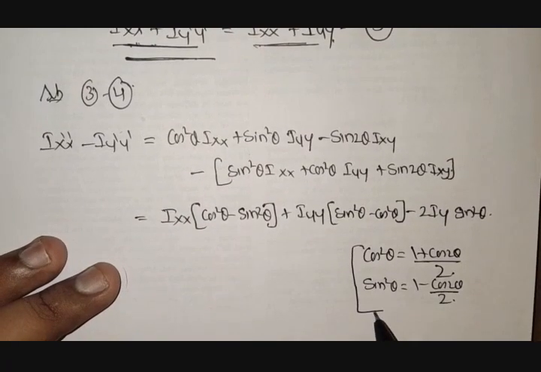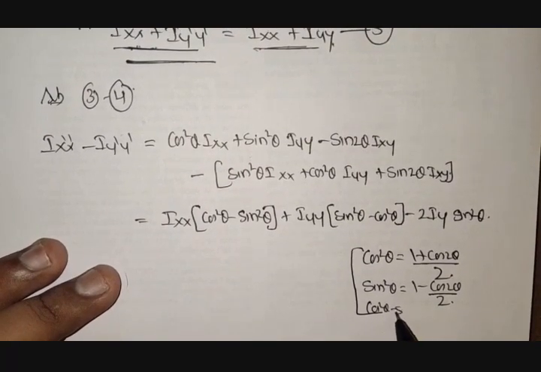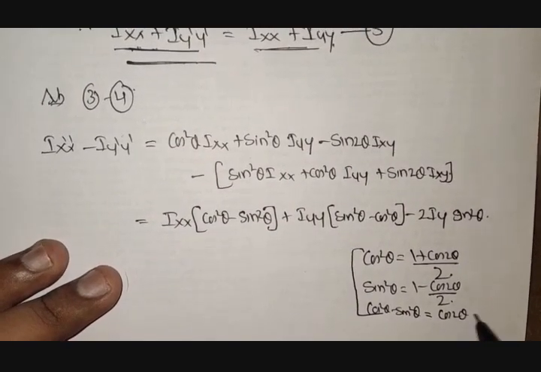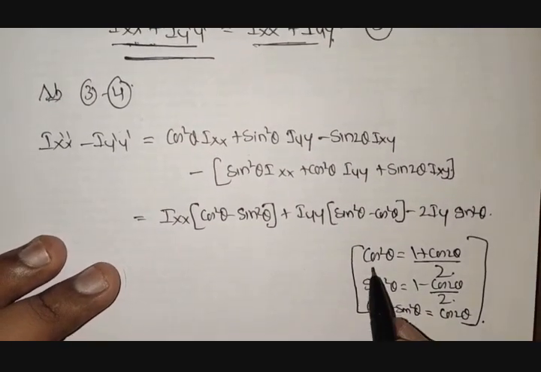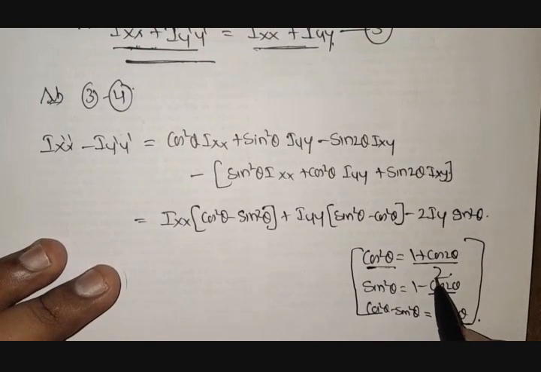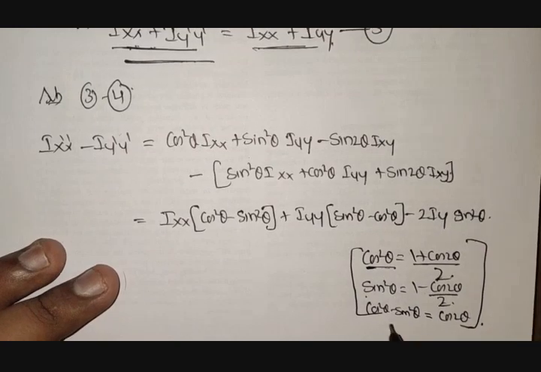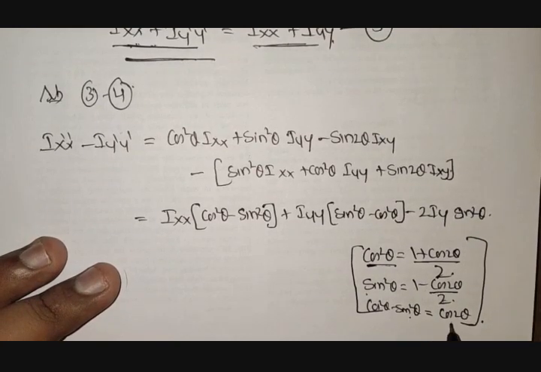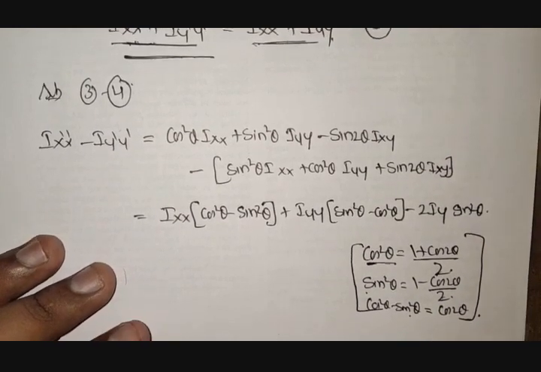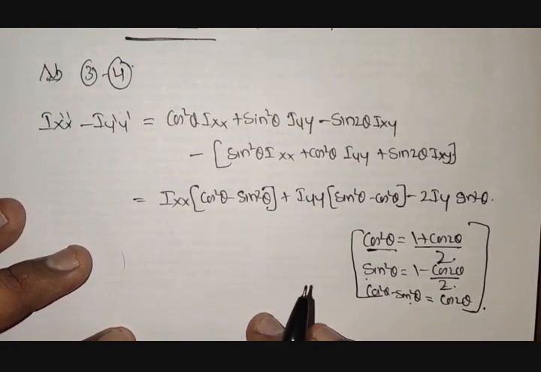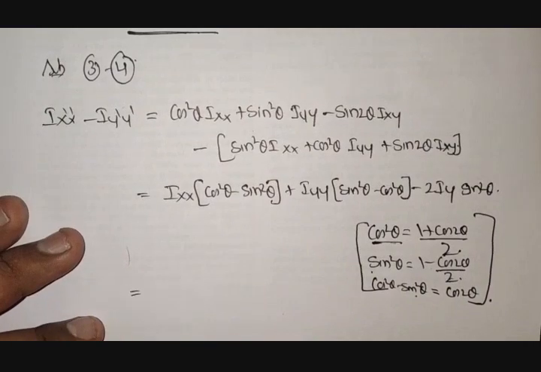Then similarly, the value of cos square theta minus sin square theta can be written as cos 2 theta. So cos square theta can be written as (1 plus cos 2 theta) by 2, sin square theta can be written as (1 minus cos 2 theta) by 2, and cos square theta minus sin square theta can be written as cos 2 theta. So by substituting these values in the above equation, now we will get the equation as,